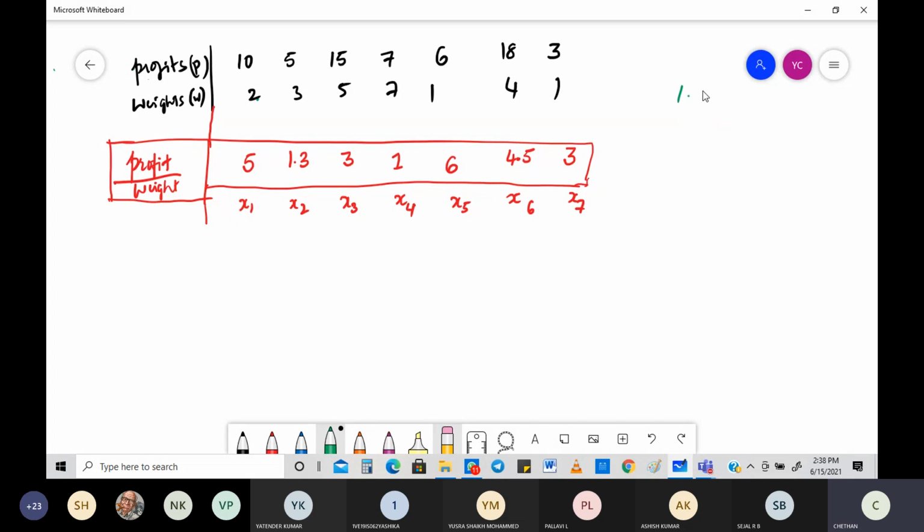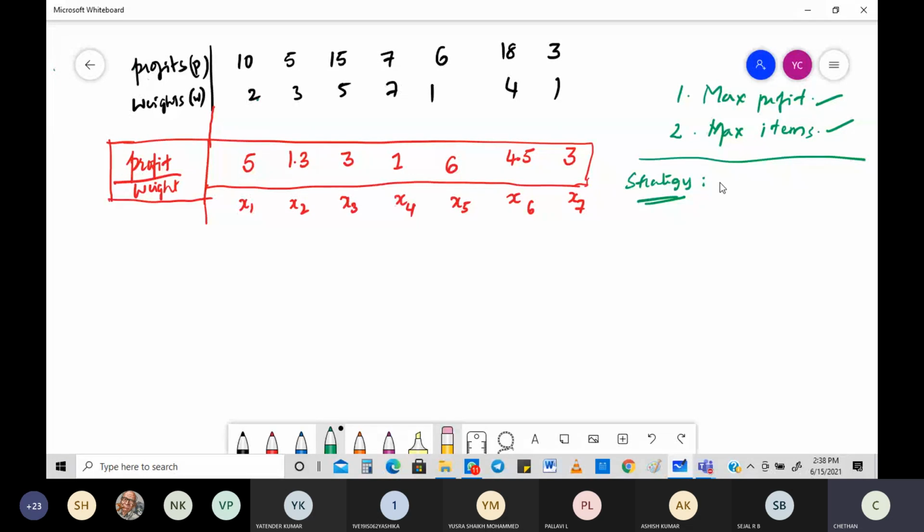Number 1, you need to have maximum profit. That was taken care of. You need to make sure that you put the maximum amount of items into the bag. Maximum profit, maximum items. So what is my strategy? My greedy technique strategy is, again, very simple. You saw even in the coin change problem that I took the maximum denomination and then I worked upon it.